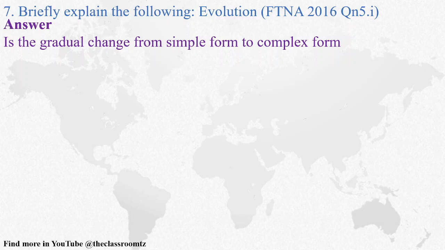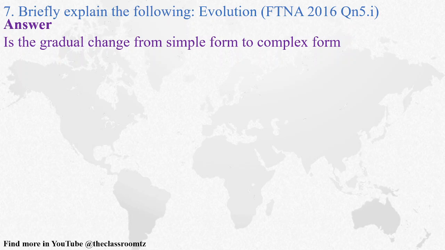level or quantity of body hair, how the body was covered by hair. Slowly and slowly man changed from walking on 4 limbs to 2 limbs. That is from simple to complex. Simple, it was walking on 4 limbs; complex, walking on 2 limbs. Quantity of body hair, how far the body was covered by hair. In the past, the human body was fully covered by hair, but slowly, because of those reasons of evolution, man changed from a high level of hair covering the full body, then it reduced and we start to see the skin